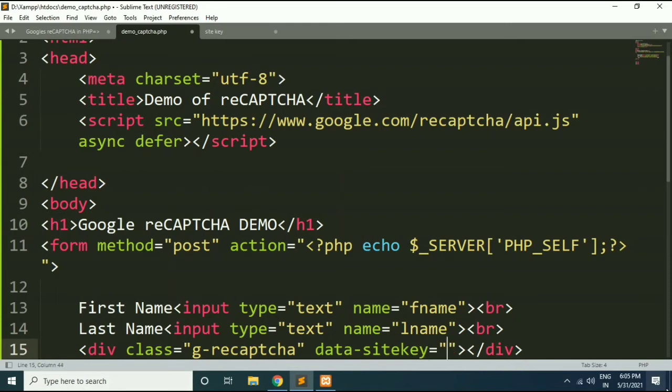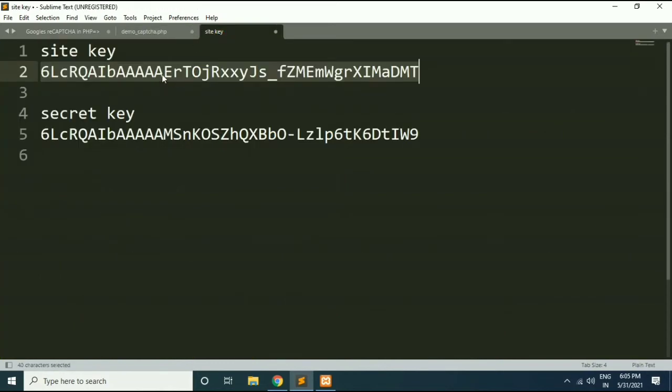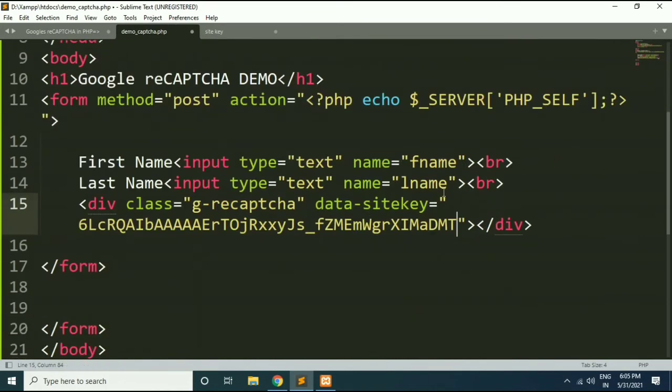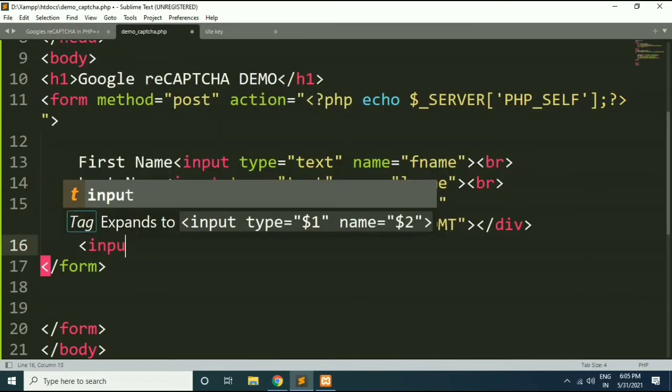So friends, whatever key we have generated from the reCAPTCHA admin at the start of this video, that site key we need to paste here. Okay, so this site key I will copy and paste here. Now my Google reCAPTCHA widget will be added, and at last I will add one submit button here.